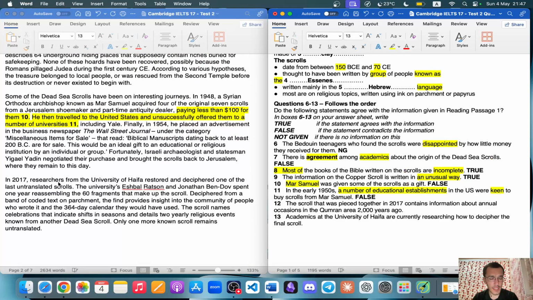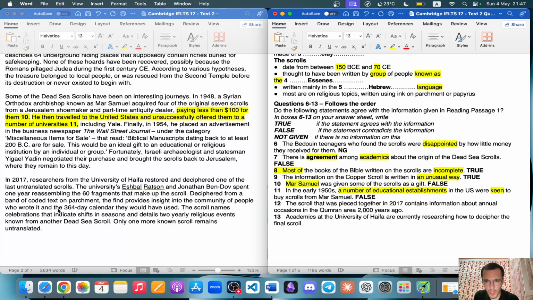Now, in 2017, researchers from the University of Haifa restored and deciphered one of the last untranslated scrolls. Eshbal Ratson and Jonathan Ben Dov spent 1 year reassembling the 60 fragments that make up the scroll, deciphered from a band of coded text on parchment. The find provides insight into the community of people who wrote it and the 364-day calendar they would have used. So